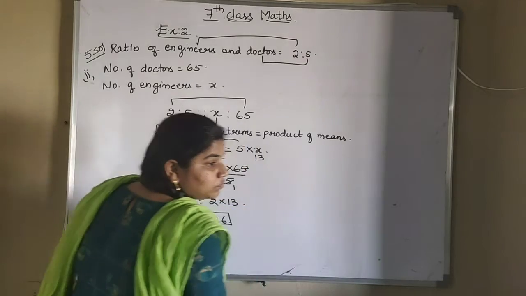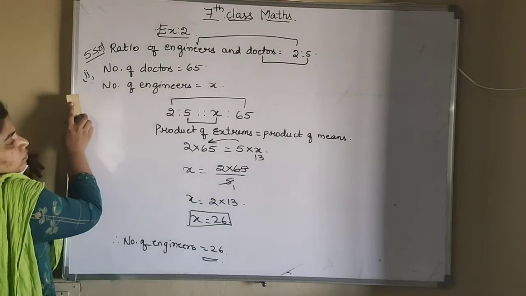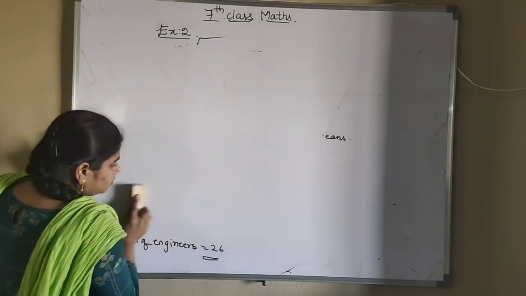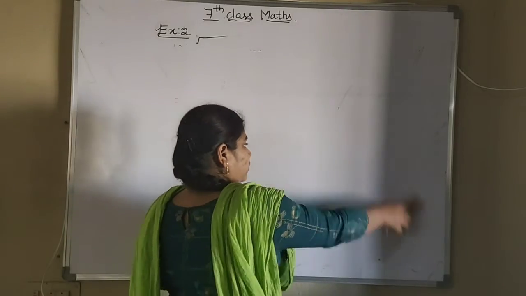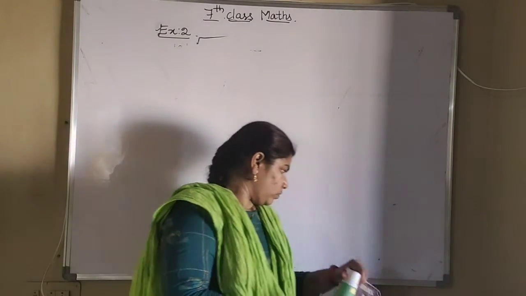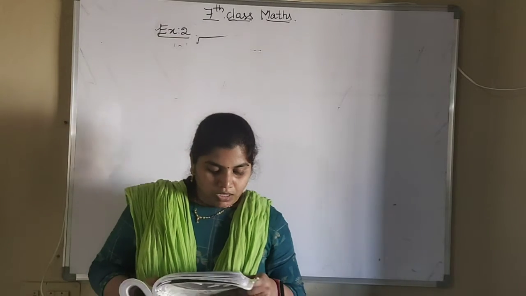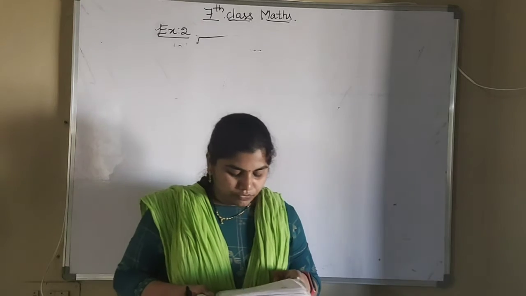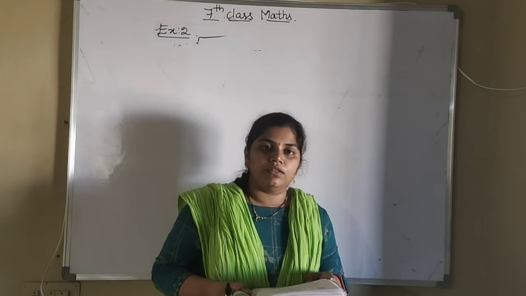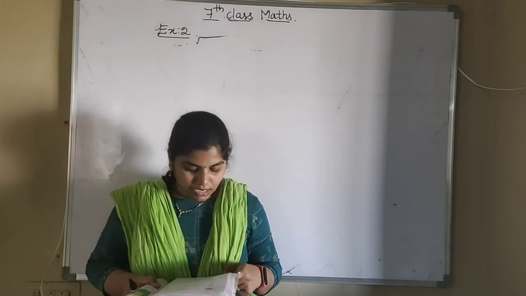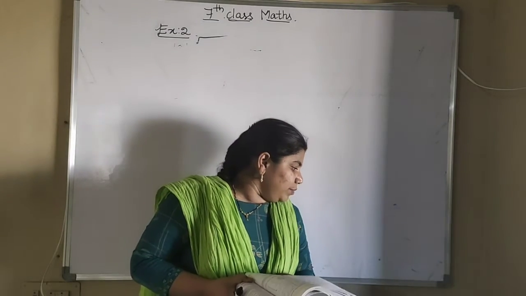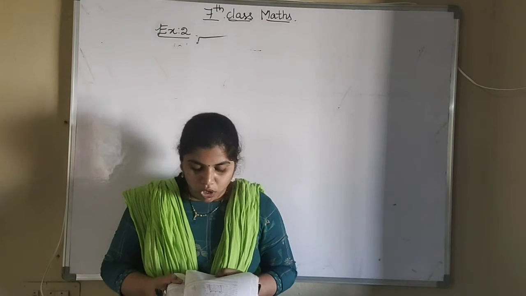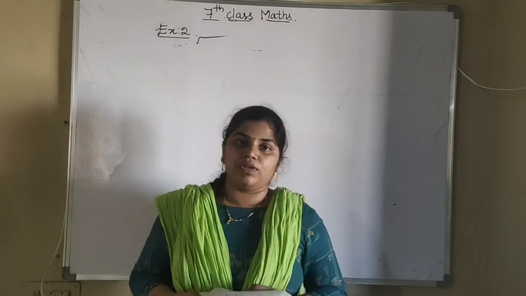So the sixth one. What is the sixth one? The ratio of two angles is 3:1. Find the larger angle if the smaller is 180. We have to find the larger angle. They have given the smaller angle as 180, and in the second bit they have given the larger angle as 63, and the smaller angle we have to find.